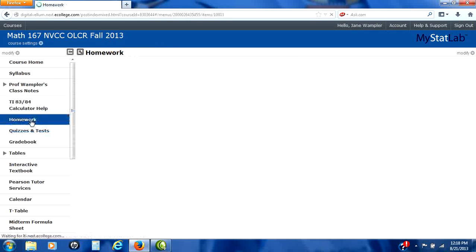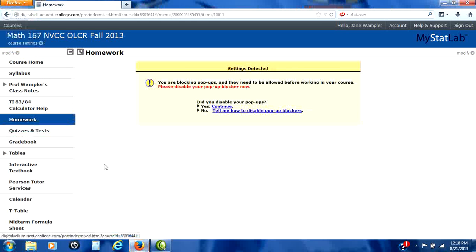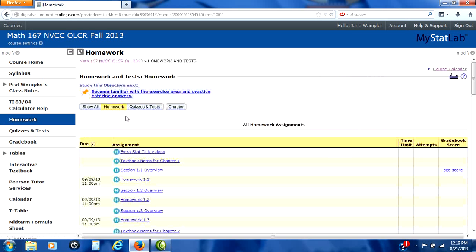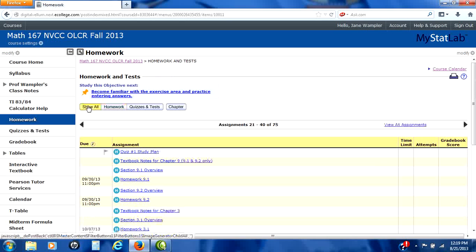The homework is where you're going to be spending most of your time. On the homework, anytime it pops up, I always click the Show All button, because it actually shows everything in order: your homework, your quizzes and your tests. So when you click homework, hit that Show All button, and make sure you're starting with assignment number 1. Notice this is assignment 21, so if I push the left button,